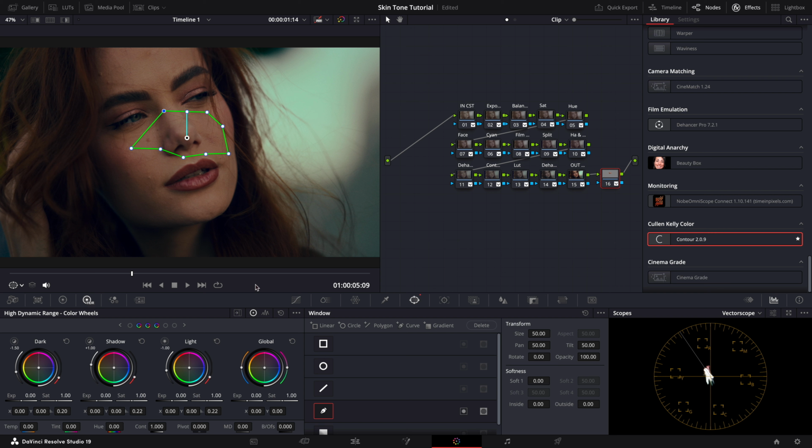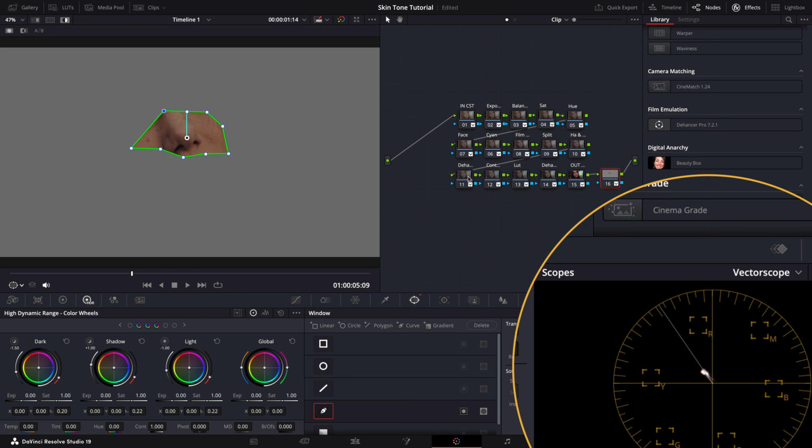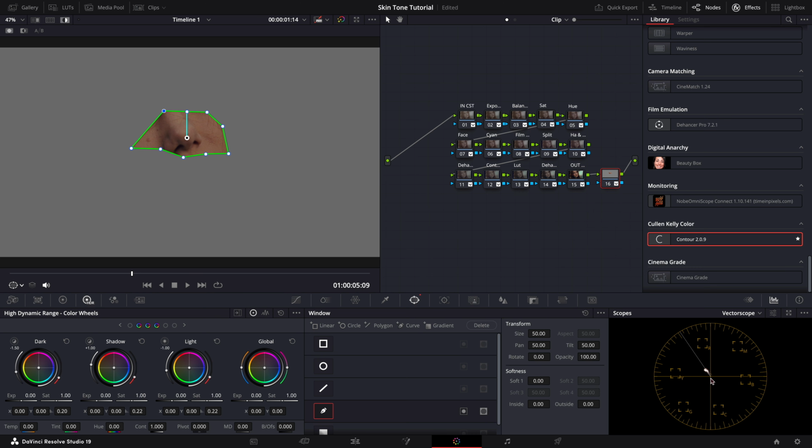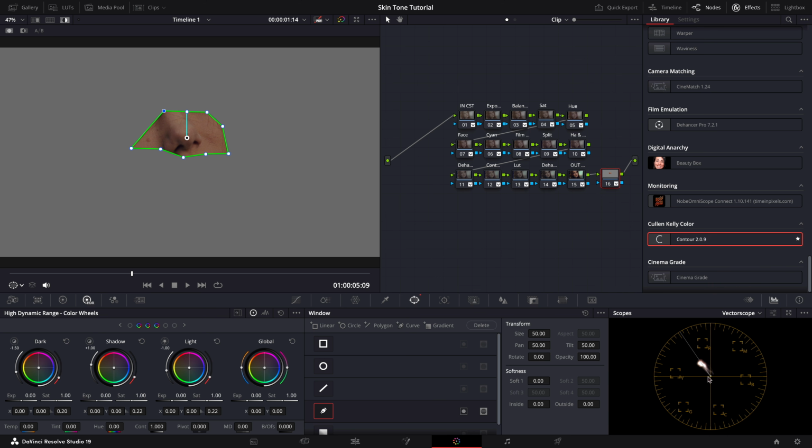Once the mask is set, we activate the highlights to view only the isolated area. Now, with the mask in place, we can see the skin tones more clearly on the Vectorscope. If the skin tone line is still hard to see, you can try enabling the zoom feature on the Vectorscope by clicking here. This will magnify the area, making it easier to ensure the skin tones are accurately aligned with